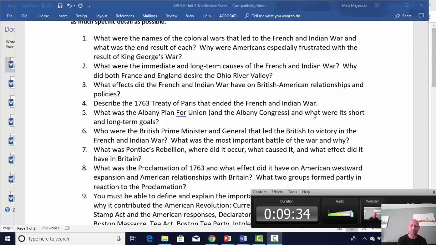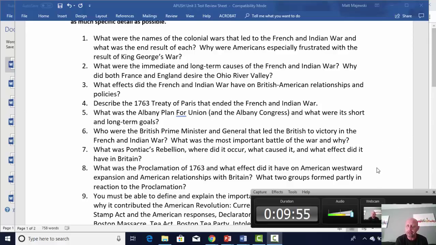Really remember the Paxton Boys because they're the most famous example of defiance against the Proclamation. Most Americans didn't like the law. They broke it. They just continued to go westward anyways. But the Paxton Boys are a famous example of folks that used violence against natives, specifically in opposition to the